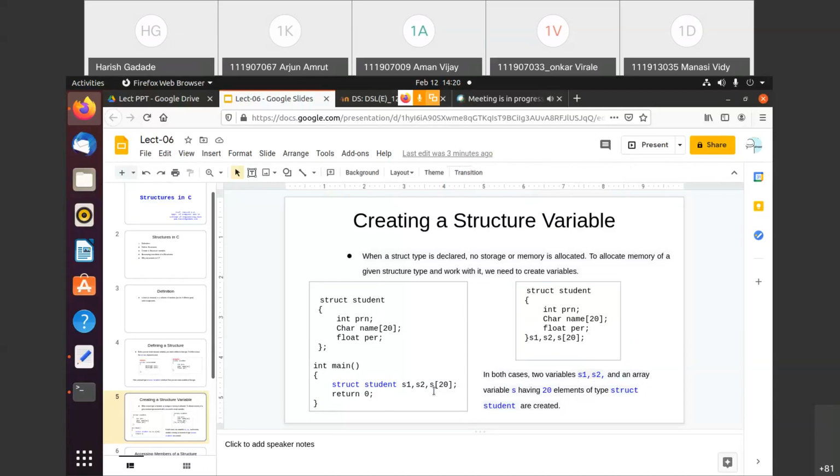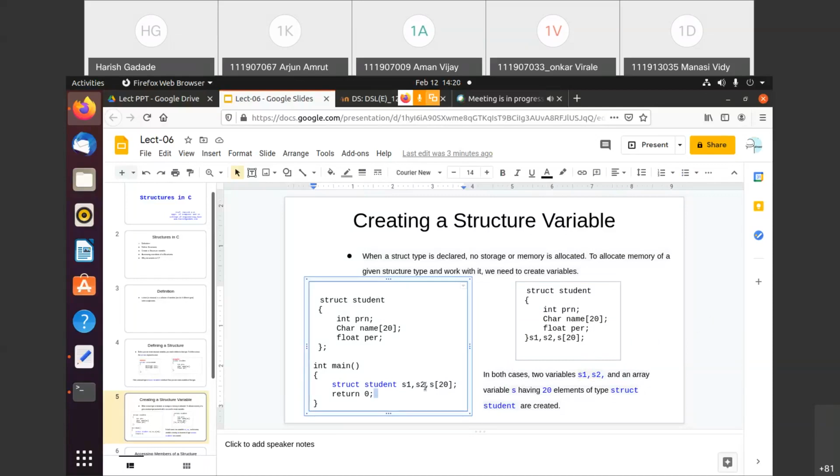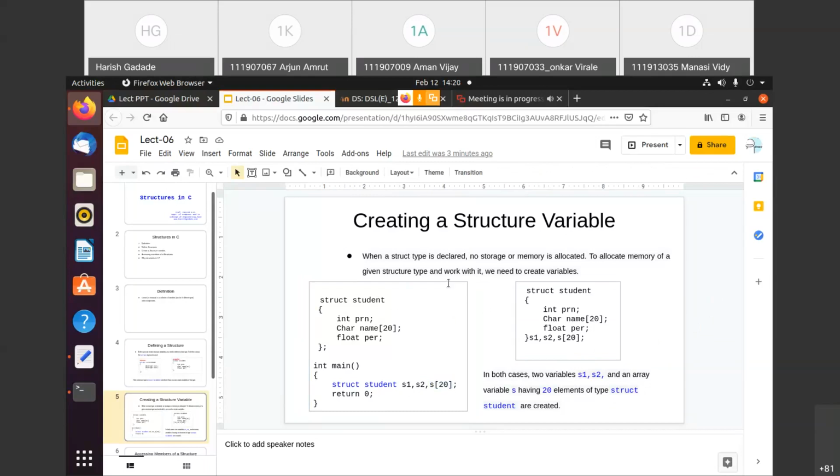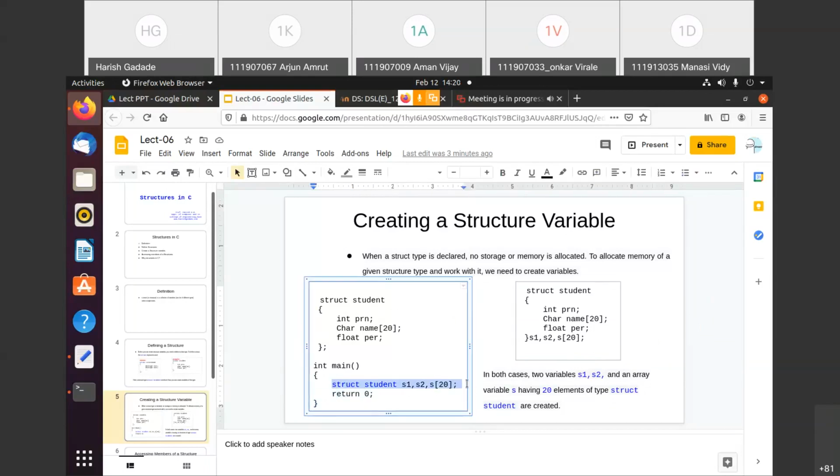So this is the most important part. If in any exam they ask what is the size of S1 or S2 or S of 20, you need to know the size of that variable. So I think you understood how to create the structure variable, and this is the way of creation of the structure variable. Getting this?